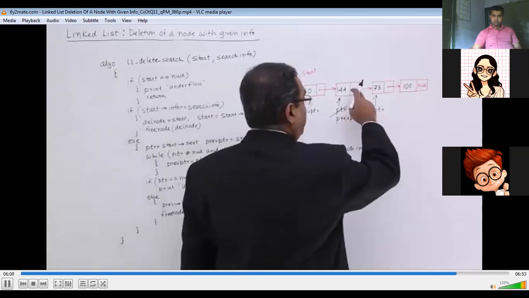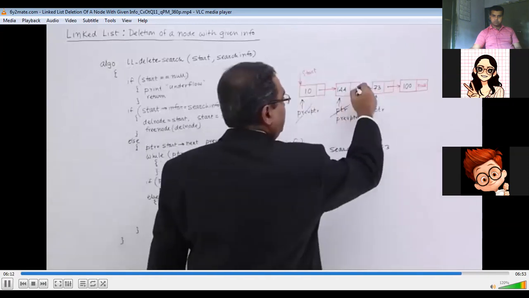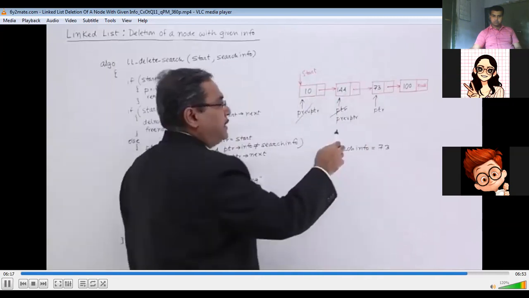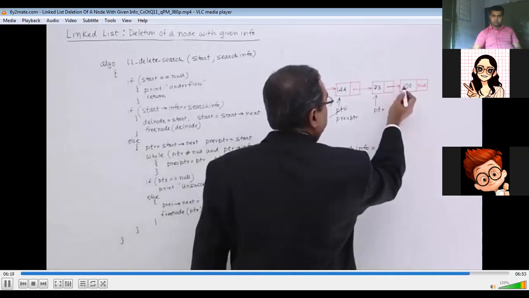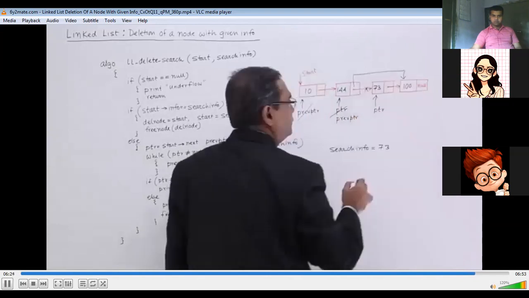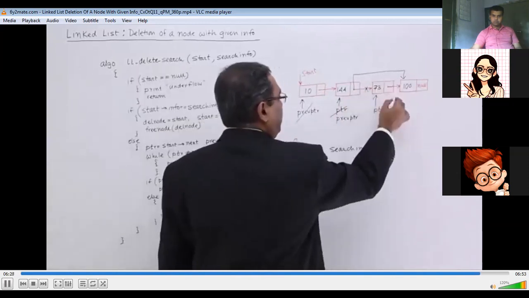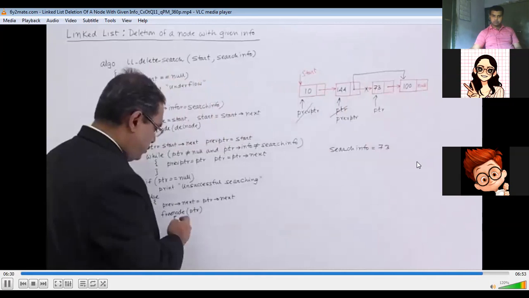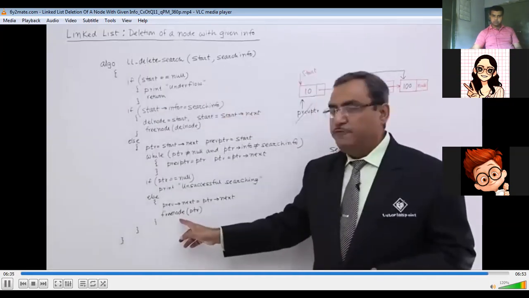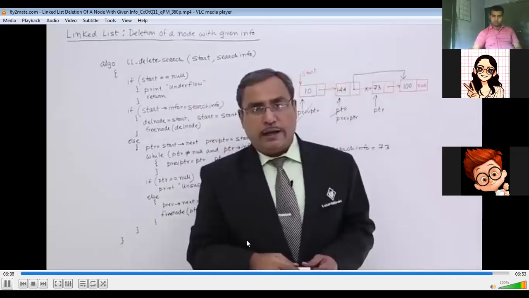So you see, pref PTR implies next means this particular field will be updated with the PTR's next, PTR implies next. So it is pointing to this one. So this link will be cancelled out. So it will be pointing to this. And now what will happen? This particular memory block against this particular node will be released using the function free node. So in this way, my algorithm is working. I think you are getting the grip.